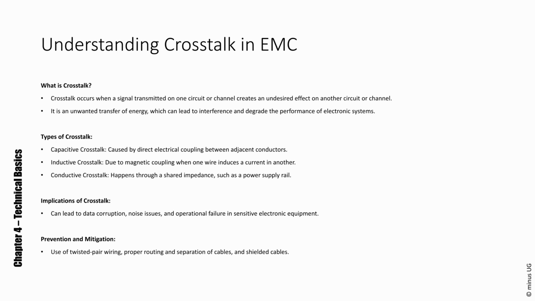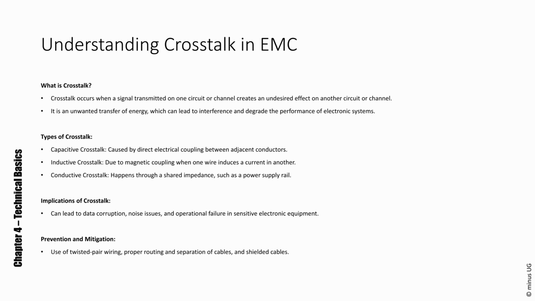Crosstalk isn't just an annoyance, it can have serious implications. For instance, in high-speed digital circuits, crosstalk can cause significant data corruption, leading to system malfunctions. In audio equipment, it can manifest as noise that degrades sound quality. So how do we prevent crosstalk? Techniques include maintaining adequate spacing between conductors, using twisted pair wires to cancel out electromagnetic interference, and incorporating shielding where necessary. It's also crucial to consider crosstalk during the design phase, to minimize its effects through careful planning of circuit